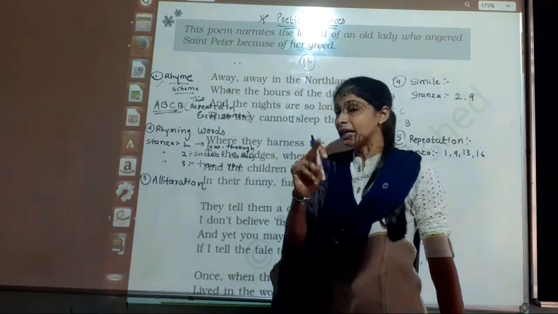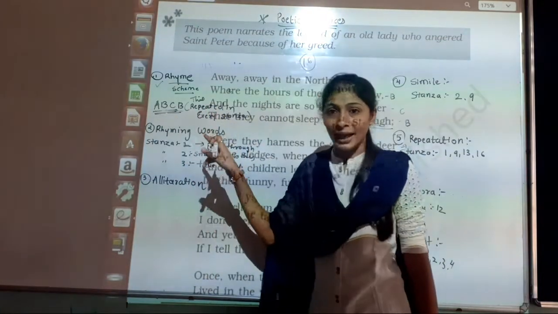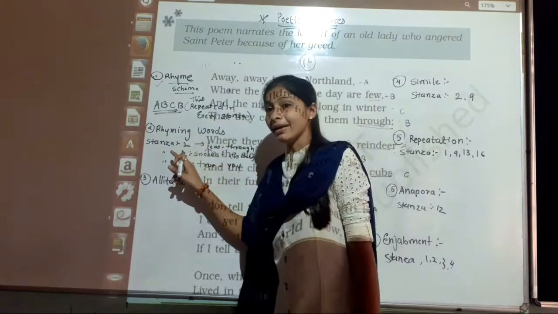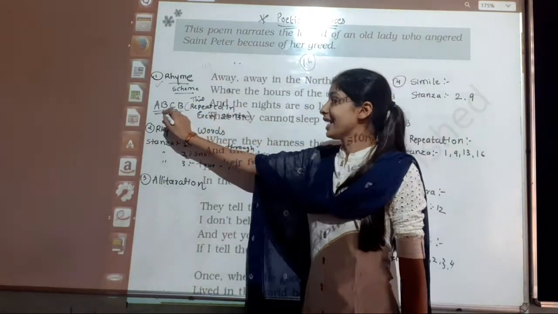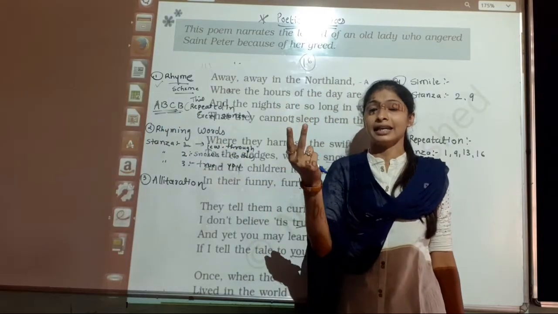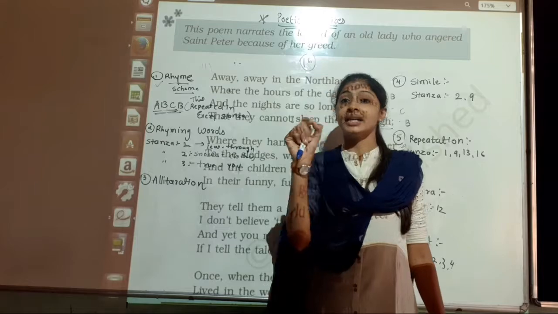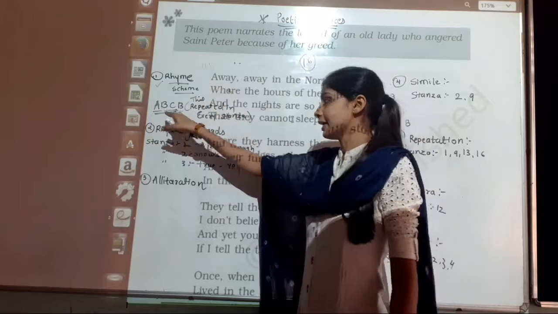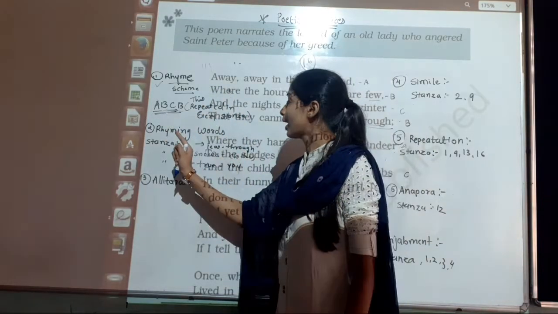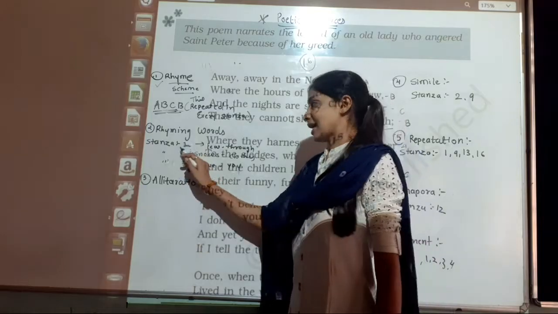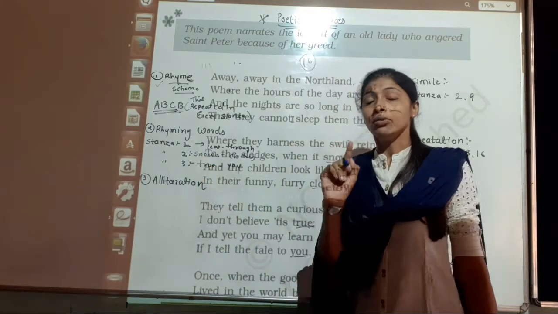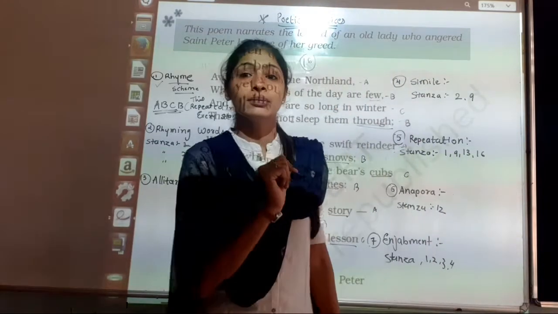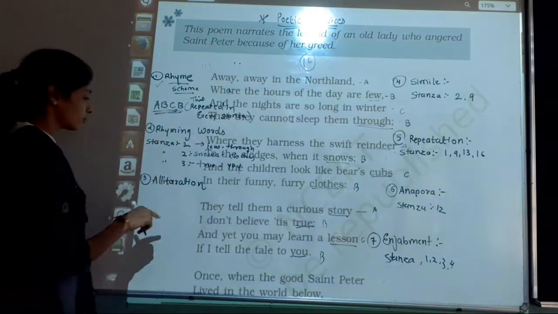So rhyme scheme, again repeating this, A, B, C, D, it's the rhyme scheme and it is followed in every one of the 16 stanzas. Rhyming words, what does it mean? If this is B, B, the second and fourth line, whichever word is repeated there and has the same alphabetical letter, that is B, so it becomes the rhyming words. So you will write stanza number 1 till 16, write every rhyming word in your CW. So this becomes the second poetic device of this book.